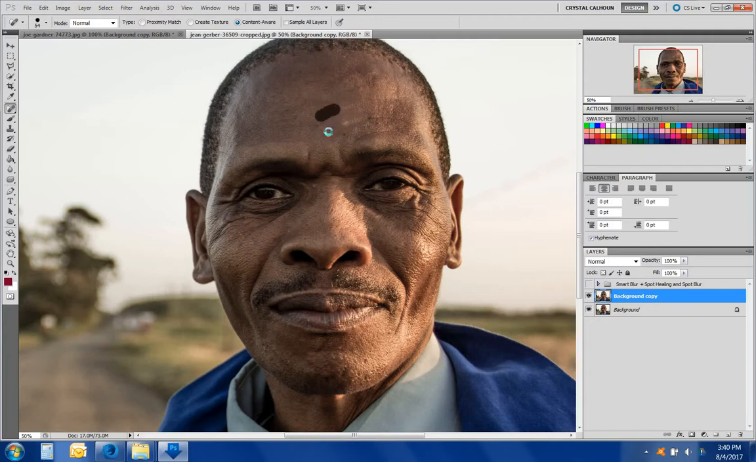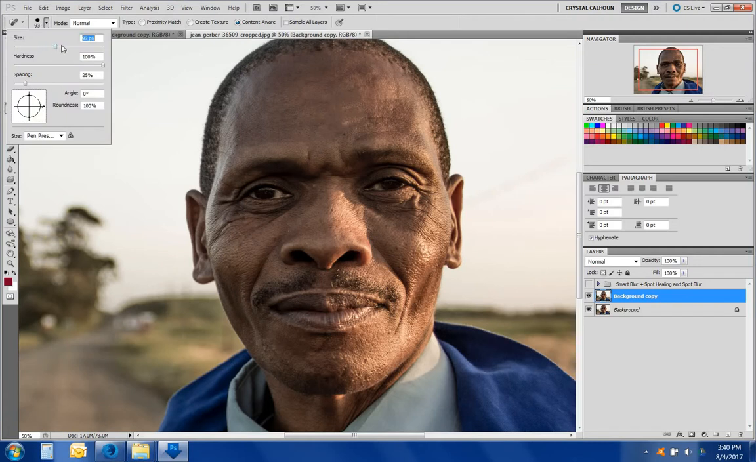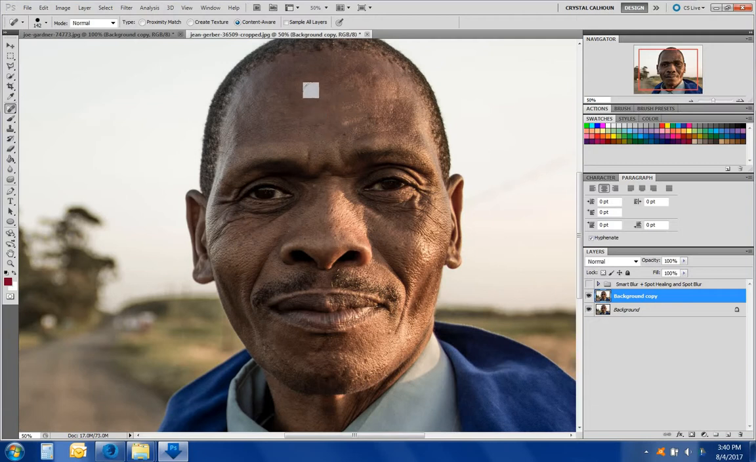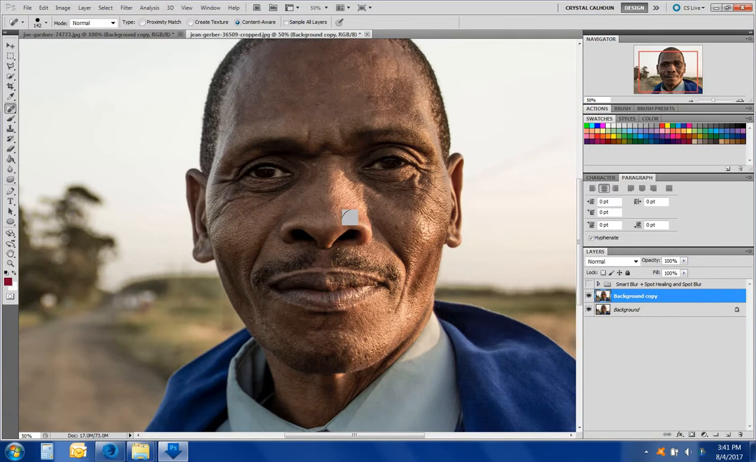And I want to blend it. Let's get a larger brush just to blend in the area. So that looks pretty good. Yeah, that looks pretty good. Takes a lot of his